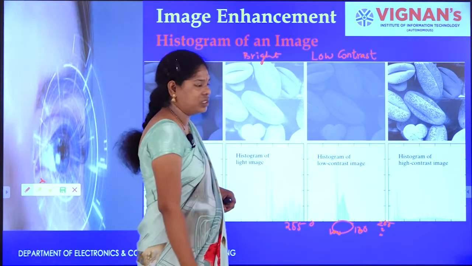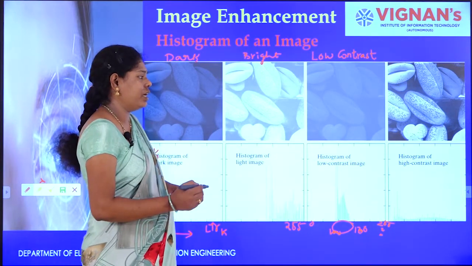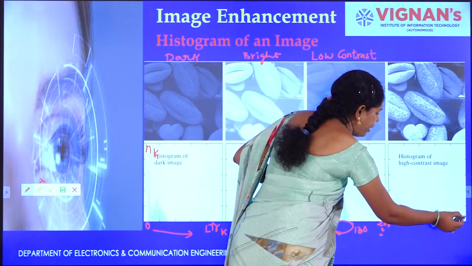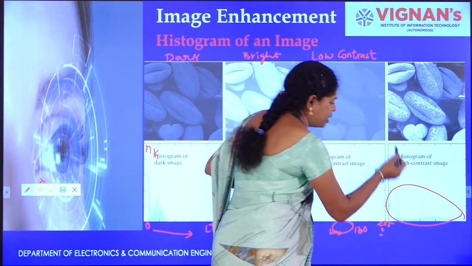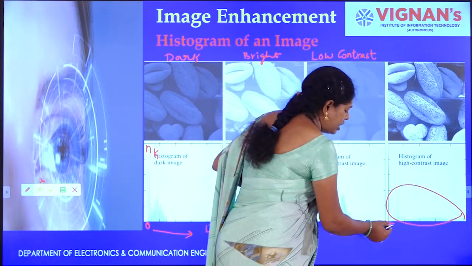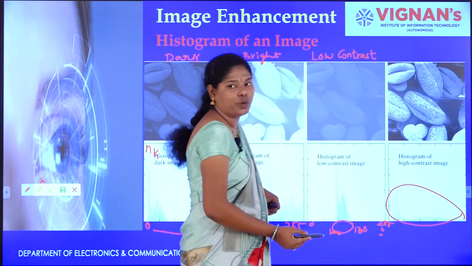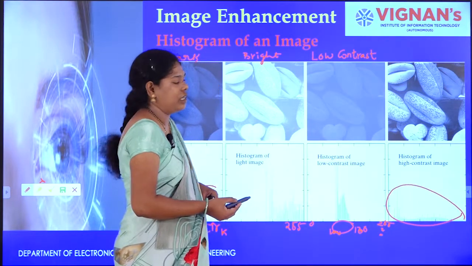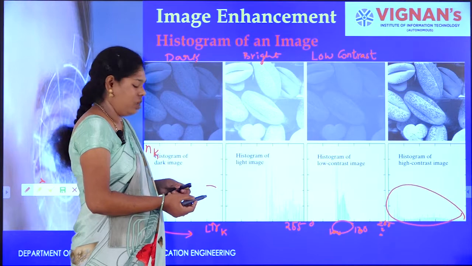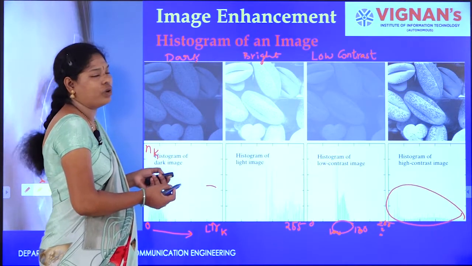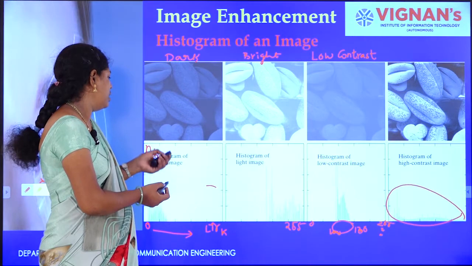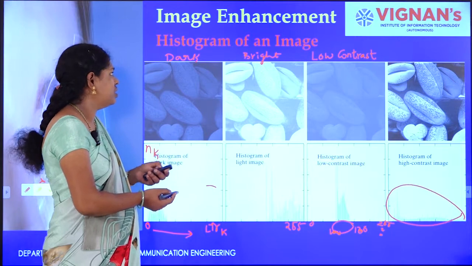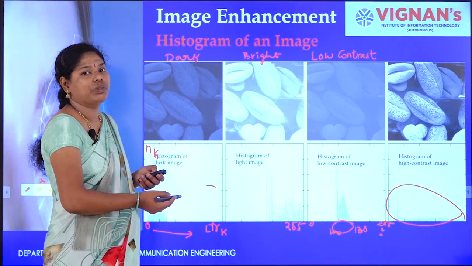Low contrast image. If you want to get a good image, a high contrast image or best image, the entire histogram, that is, the pixels must be spread over the region from 0 to L minus 1. Then only we will get the best and high contrast image. Let us see how we can process the low contrast and dark images, and how we get the best images from the dark images by applying different intensity transformation techniques.